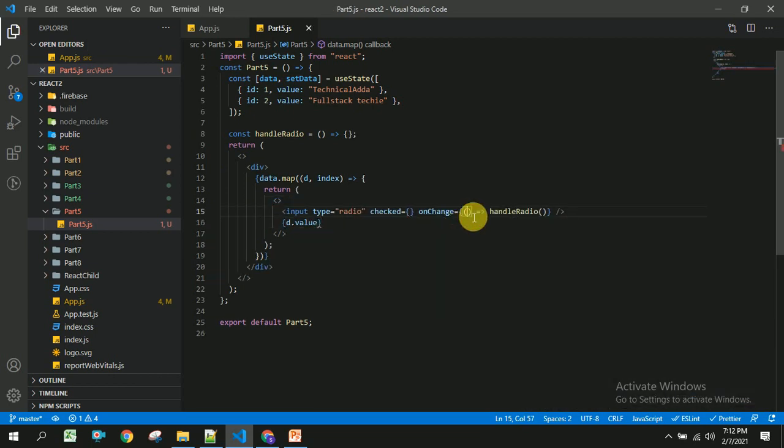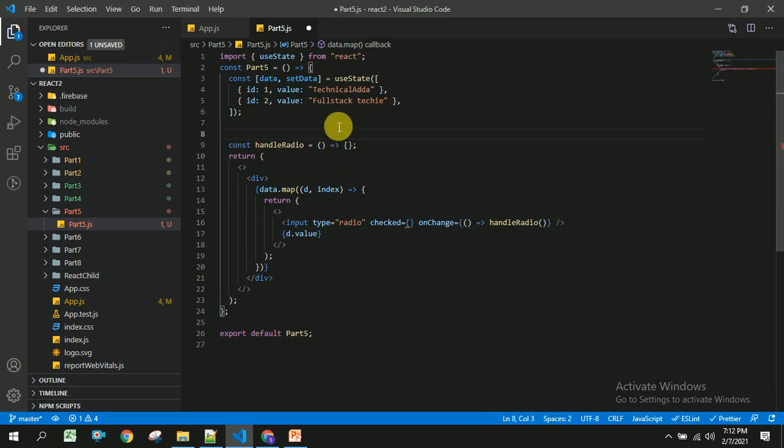So for storing whatever radio button value the user has selected, I am going to create another variable, radio selected, and useState of some empty string.